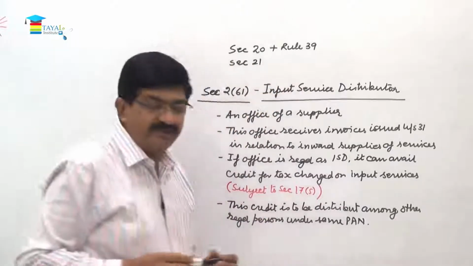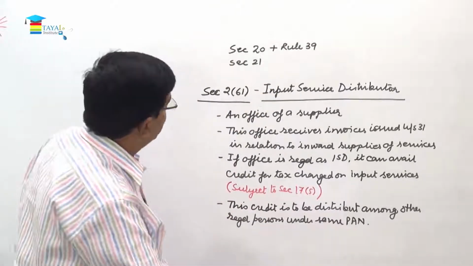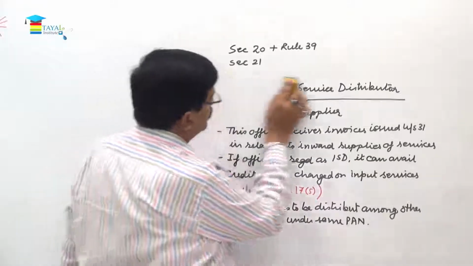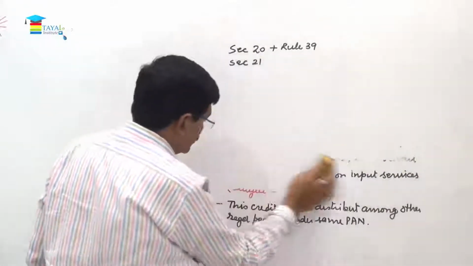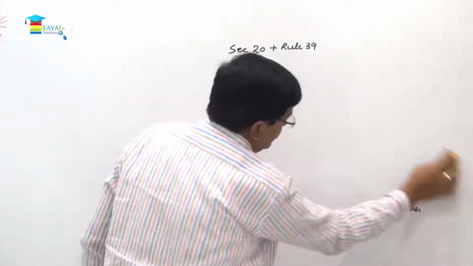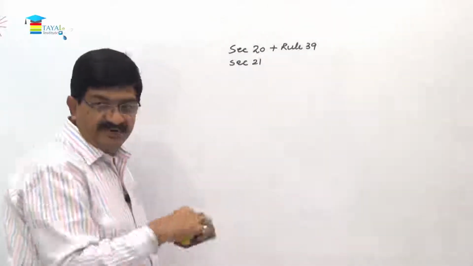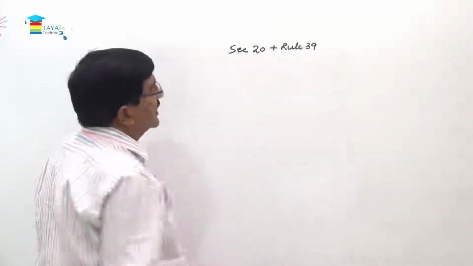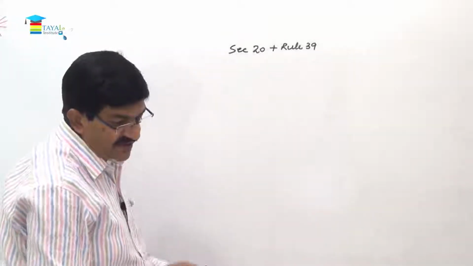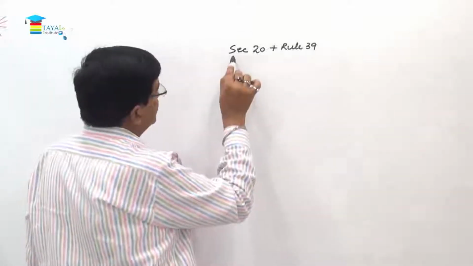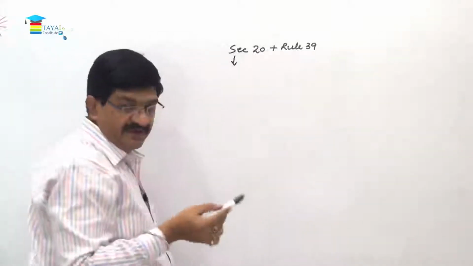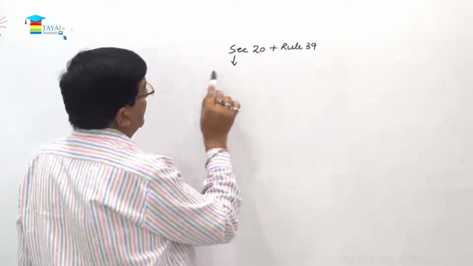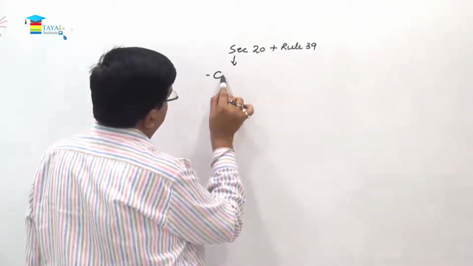So section 21 is something very small, on that we will come a little later. Right now we are going to section 20 read with rule number 39. Okay, so here I have given you a reference only of what we are going to talk about. So section 20 read with rule number 39, this says, section 20 first of all, on rule 39 we will come a little later. This says credit